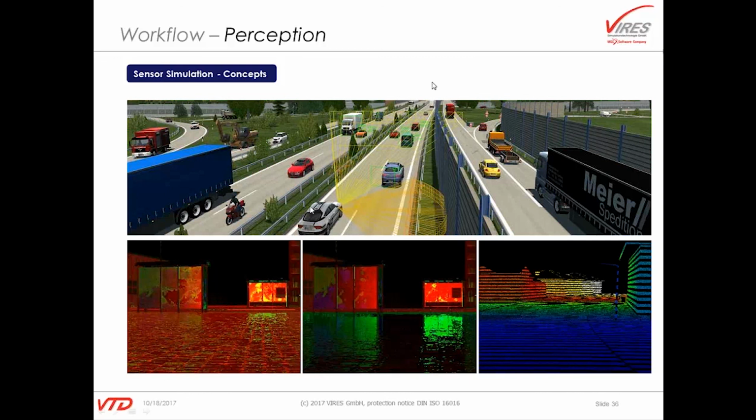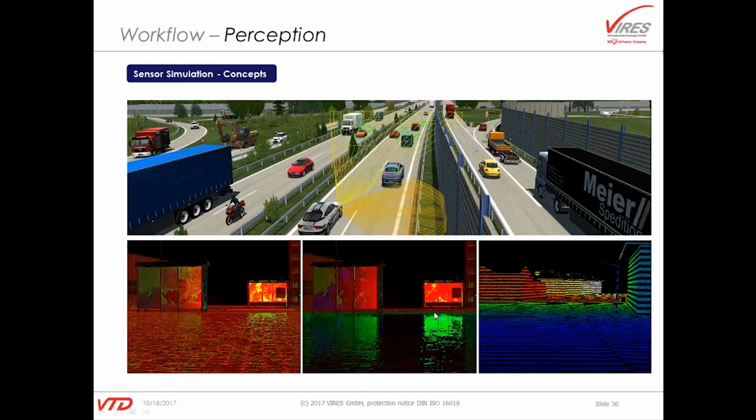But more and more people want to look into the actual sensor functionality and how a sensor sees the world. This is shown here in the bottom picture. We have a quite sophisticated solution using a ray tracer for different wavelengths. This one here shows the LiDAR range. You see the difference, for example, when this LiDAR looks onto a bus station on the left side in dry conditions or on the right side in wet road conditions.